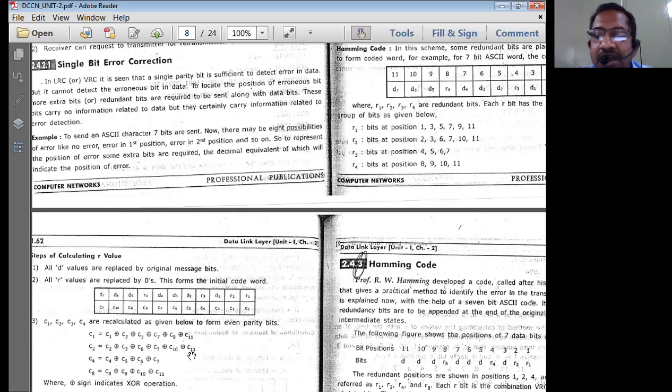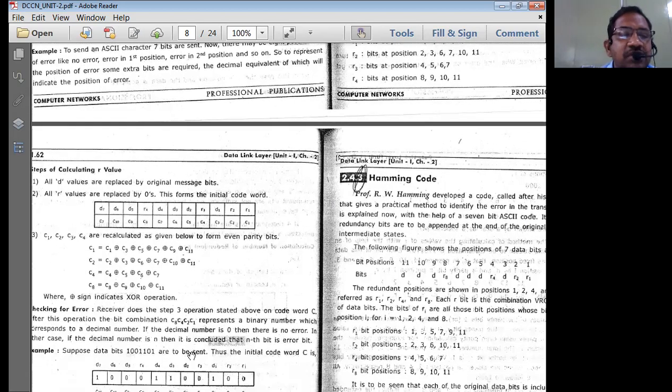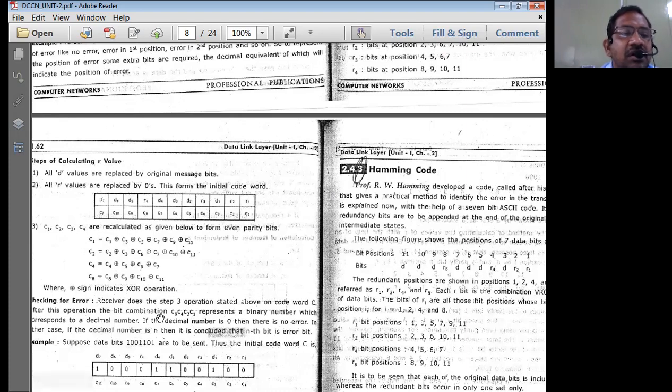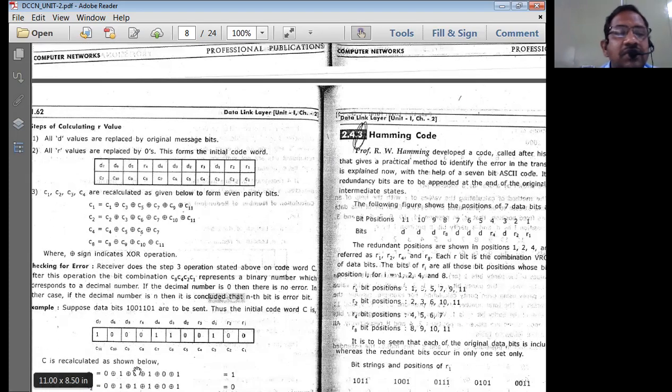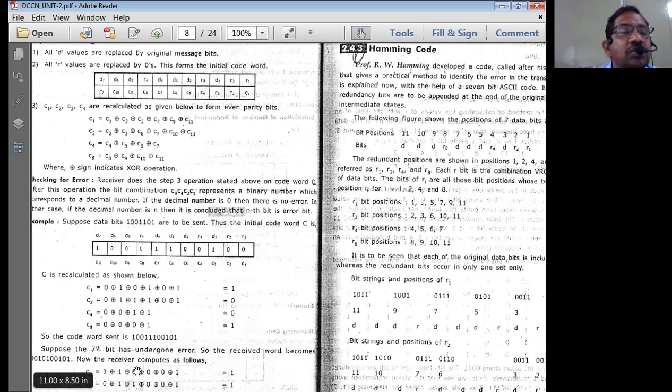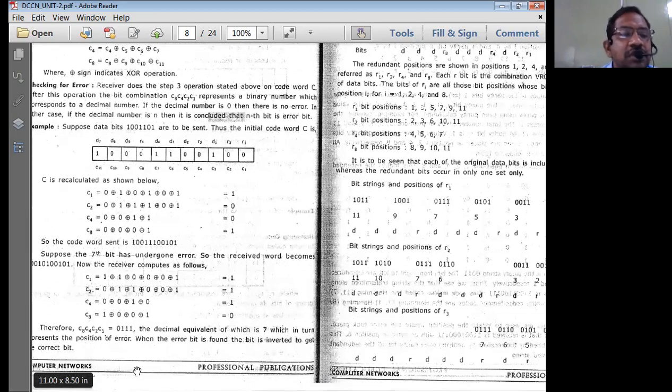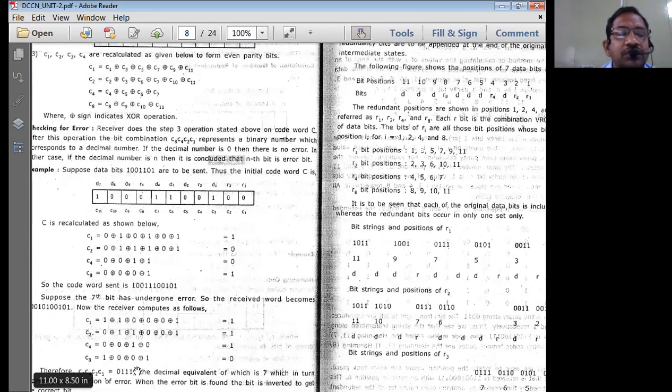That is the basic XOR truth table. So we should simply follow the truth table here to find out the error values at the receiver side. Let us try to solve one problem now. A little problem has been given here. Using this problem, we'll try to figure out the operation of this particular single bit error correcting code.